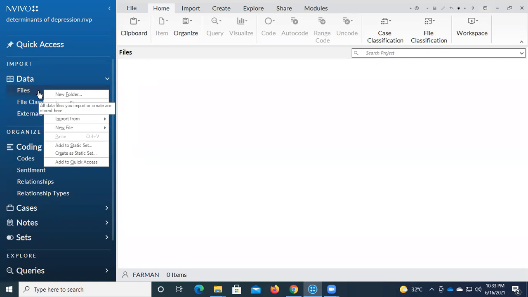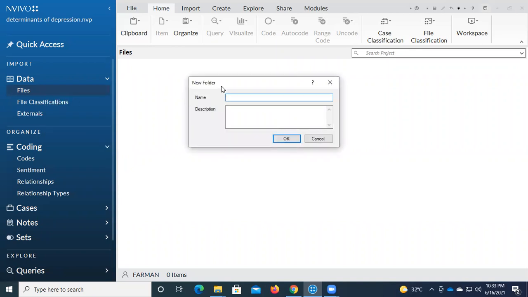In the folder, just right click on the files option and click on new folder, and a pop-up will appear. In this name area we can write the name of the folder, like firstly I will write focus group